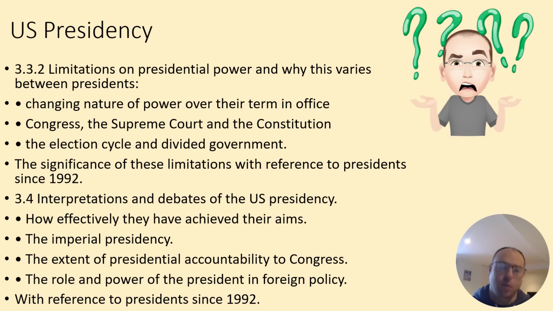And again, it talks about significant limitations with reference to presidents since '92. One of the things I get my students to do is a non-scientific graph going through for each president of when they were more or less powerful, how powerful they were at different times. When you've got periods of united government, questions start to be asked about whether presidents are too powerful. Bush towards